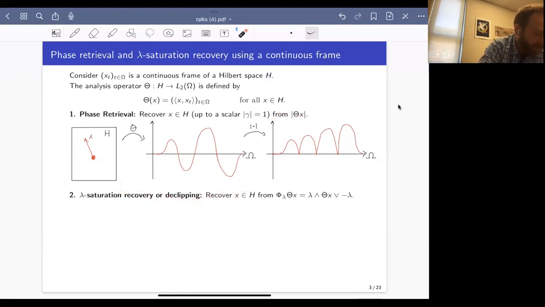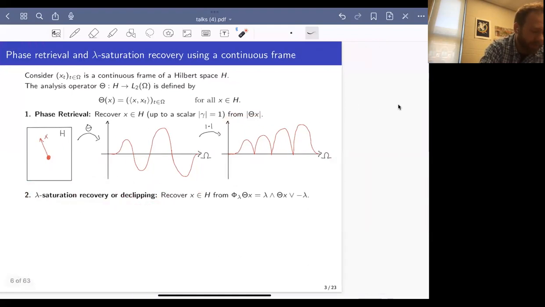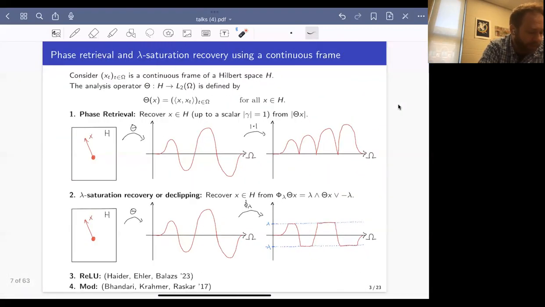Okay. And then now let's think about this in terms of a totally different problem, saturation recovery or declipping. So it's a similar situation where there's some vector that I'm interested in. I apply some transform, but now the way that I'm obtaining these measurements, I'm using sensors that have some fixed range. And so